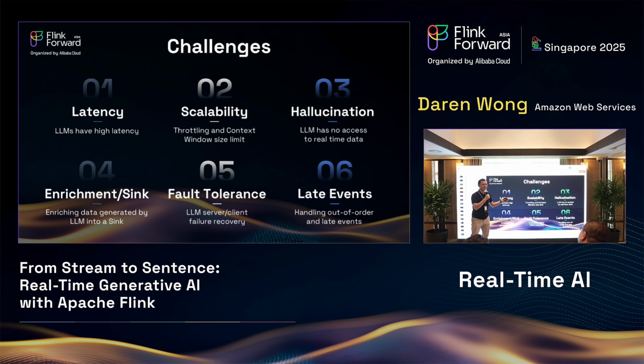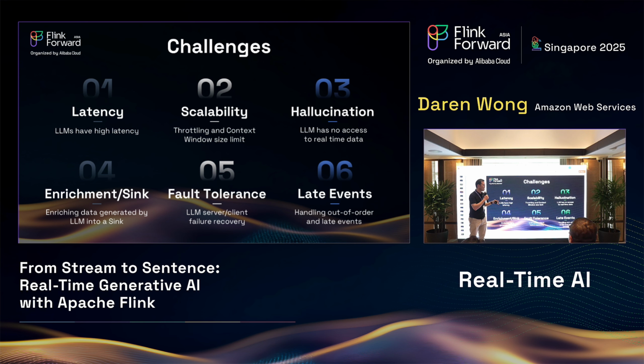Of course, we could just give the LLM additional instructions so that it can understand how to handle these late or out of order events. But again, that's giving the LLM more responsibility and overhead to do so. So in summary, there are 6 challenges that I see with the naive approach.